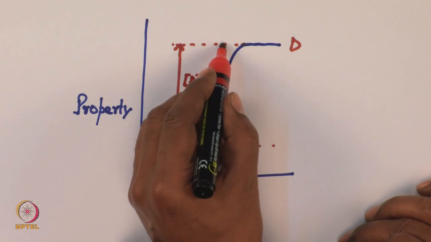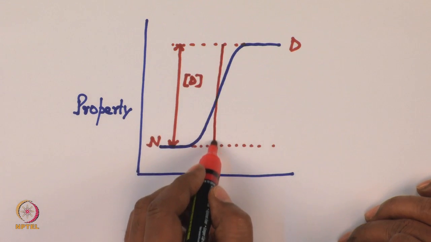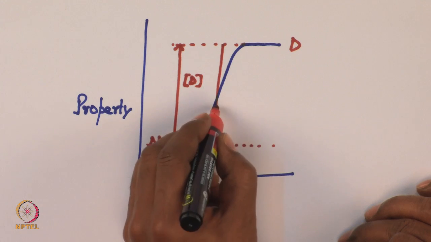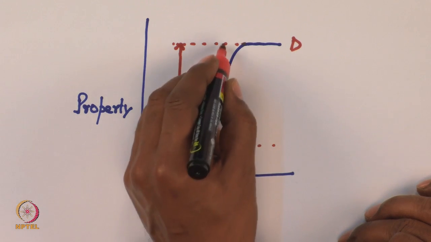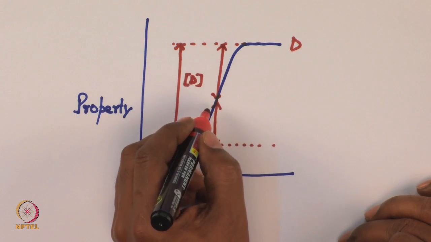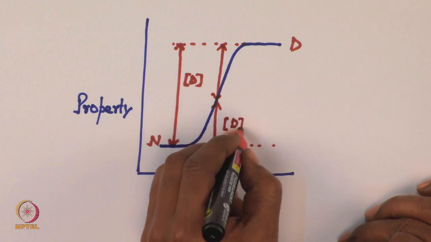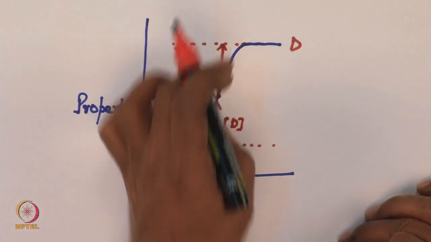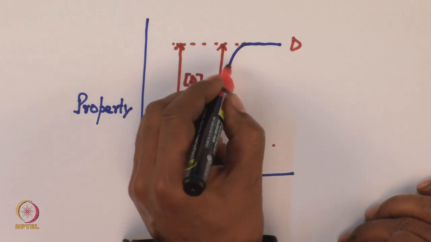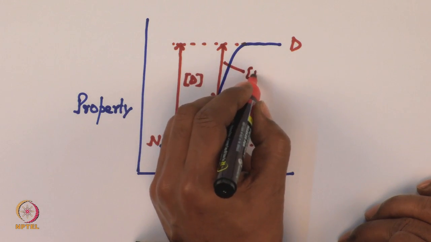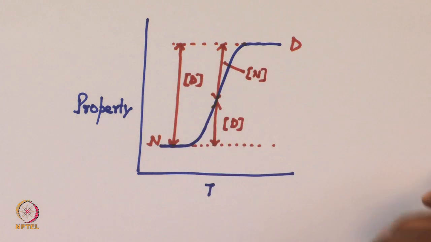And therefore, if I draw a line over here at this temperature, then these distances will be proportional to the concentration of the denatured state, this much protein has denatured, and this much protein is still native. So, this one I can approximate by the concentration of the native state,